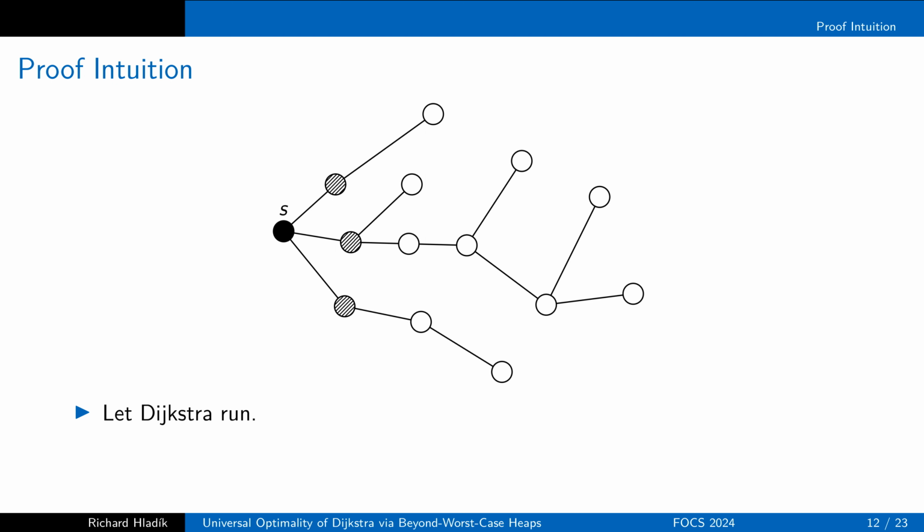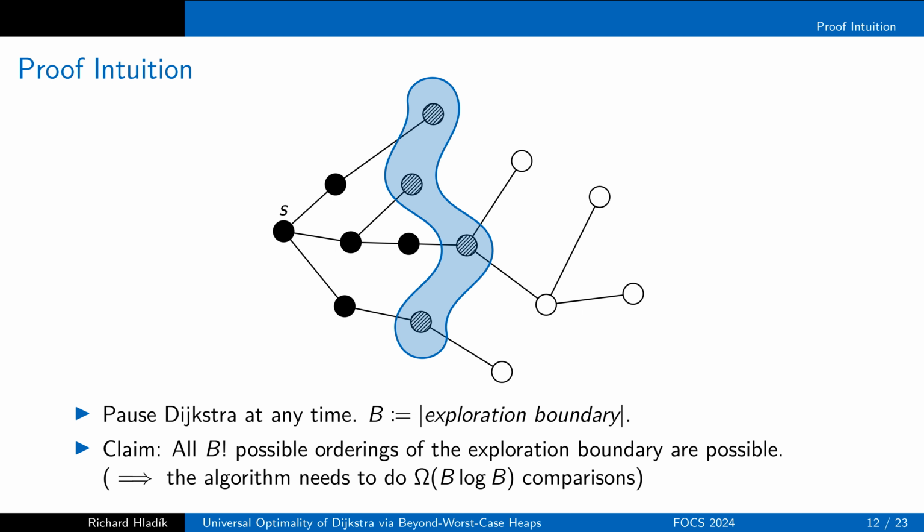Now we run Dijkstra, and at any given time, we pause it. Now let's look at the exploration boundary. That is, let's look at the set of the vertices that are currently in the heap, and let's say that there are b many of them. What I claim now is that this exploration boundary proves that we need to spend at least b log b time on the graph. The proof is basically the lower bound that we had before on the star,